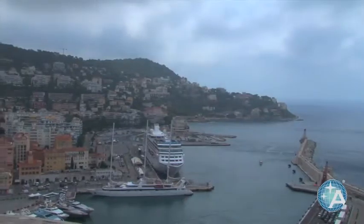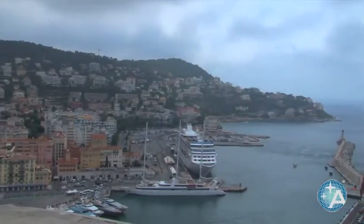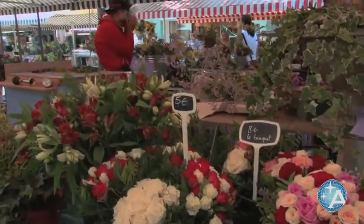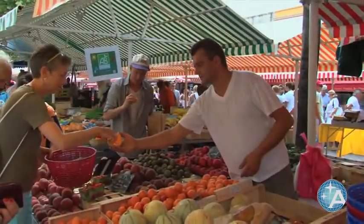And from there, we continue on to Nice, where we are doing an overnight. What do you like to do in Nice? In Nice, because of the small size of our vessel, we are really the largest vessel that fits into the tiny little harbor, and it's quite a magnificent view to see our ship in this beautiful spot in the harbor, which is right next to the old town. And from our docking position at Nice, it's a short walk to the flower and produce market, something nobody should